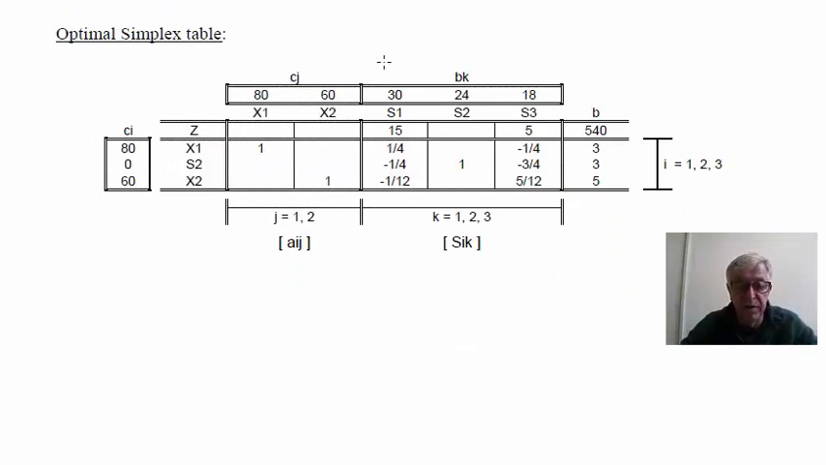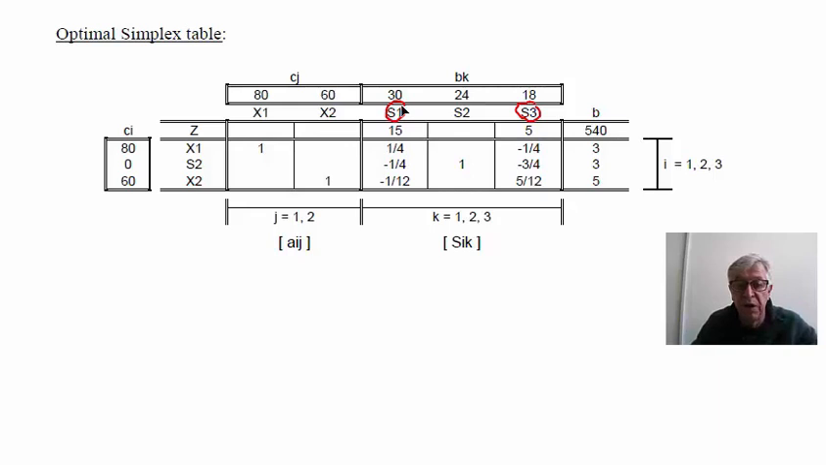Sensitivity analysis is implemented after having the optimal solution. So we already have here the optimal simplex table. The solution that we have here is x1 equal to 3, s2 equal to 3, and x2 equal to 5, and z is 540 euros. So as non-basic variables, we have s1 and s3, and to perform the sensitivity analysis, we need to